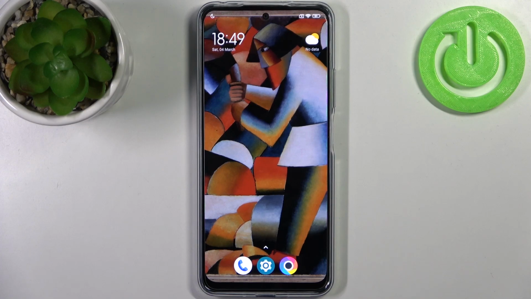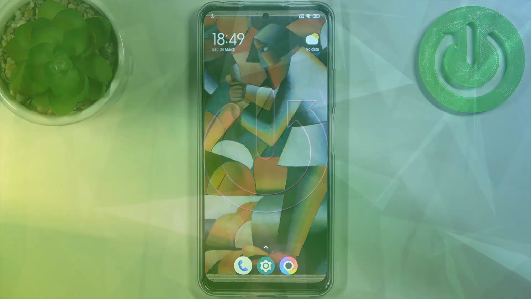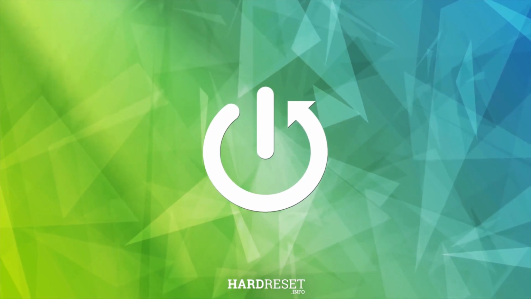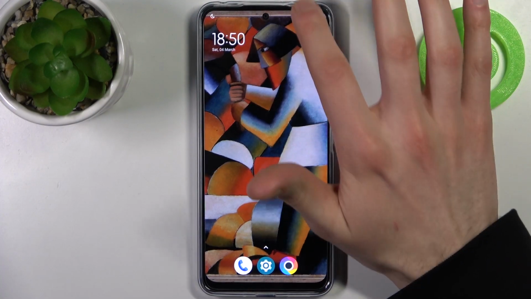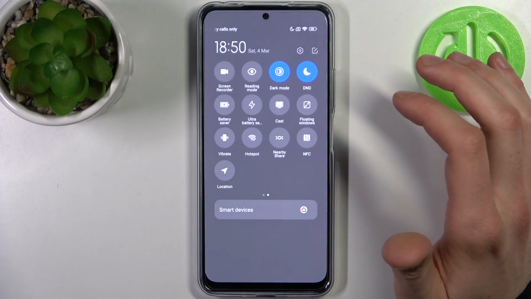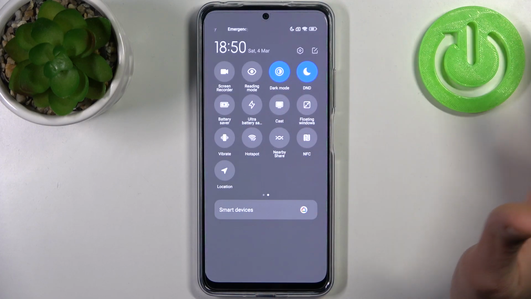Here I have Poco X5, and today I'm going to show you how to record screen on this device. So to do this, firstly you have to go to the upper bar, and here you can find the button